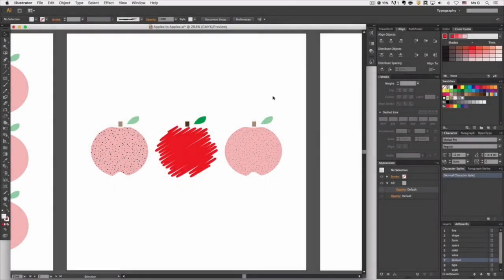All right, so now we finished texture and you're done. And remember, always save. So same steps as before. We're going to go to our layers. We're going to lock that texture layer and create a new layer and call it type. And I'm just going to bring my type layer to the very top